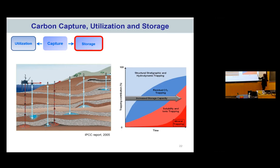And interestingly, there's no number on the x-axis, right? So the biggest question was, how long would it take for each of these steps to happen? Because depending on where you are, the risk and what's happening, the fate of the CO2 is so different. So people really wanted to know, if we inject CO2 at this site versus that site, what would happen? But we haven't done a lot of experiments with our Earth yet. So the last one, mineral trapping, we worked a lot on in my research group,